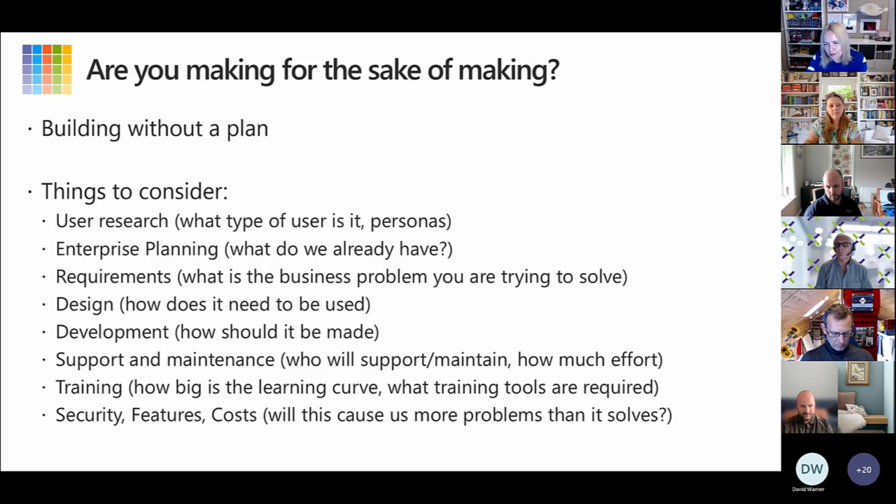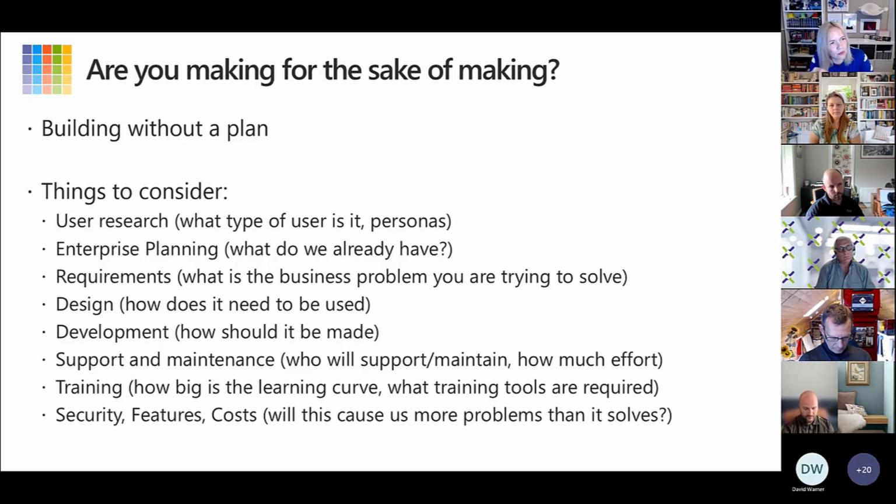And if you look at this line at the bottom, which is what we were just talking about, will it cause more problems than it solves? What is the true cost of this thing that we're going to build? When you look at the lifetime cost of support and maintenance, and any dependencies that it introduces,